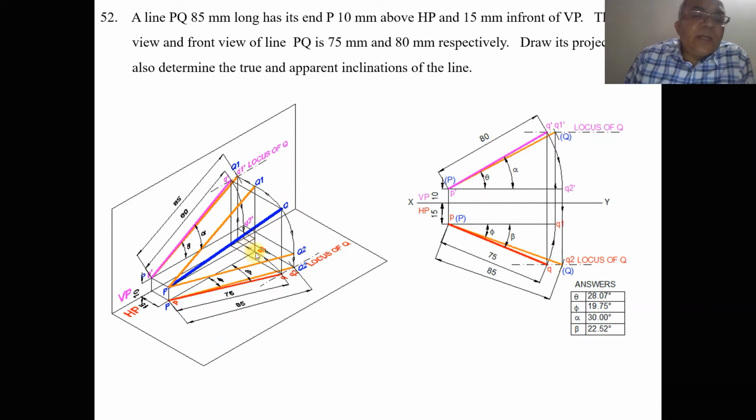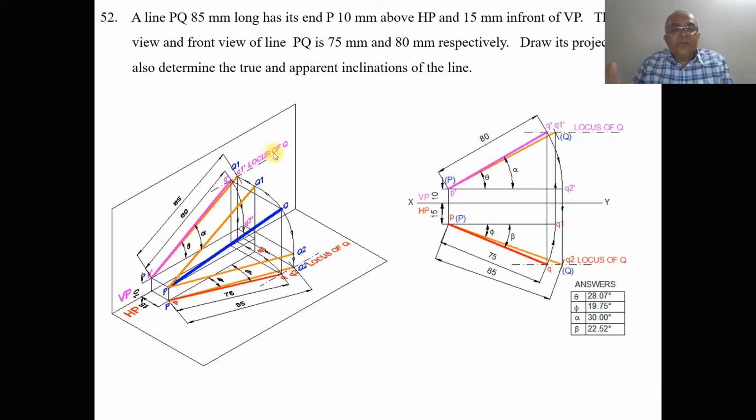Now once you do that, when you look from the front view, that image will fall on the vertical plane. So you can see here, that distance is 85. When you make it parallel, you project this and this to the front view. Then with p dash as center, take the radius of 85 and cut an arc on this. So you will get the locus of Q in the front view, which is Q1 dash here. Then join p dash q1 dash with a little bit thicker line than the XY line. So now we have got the locus of Q in the front view.